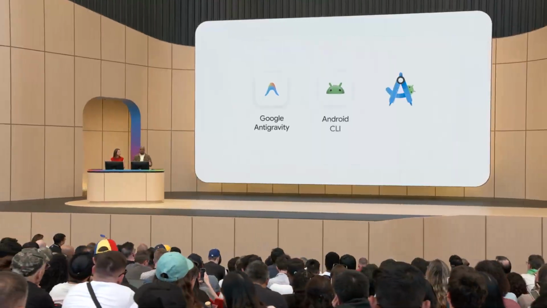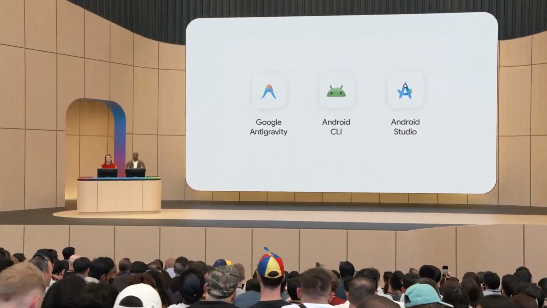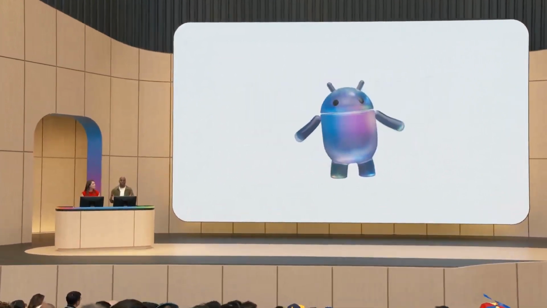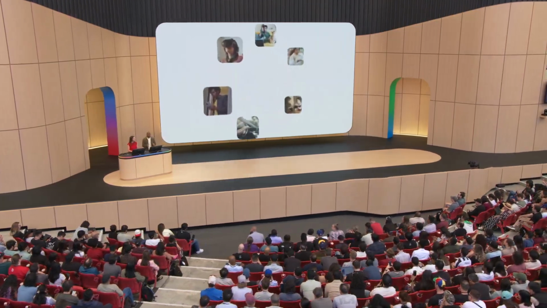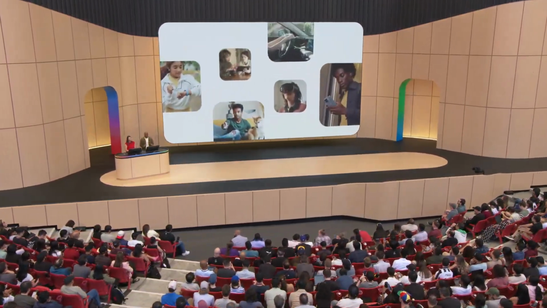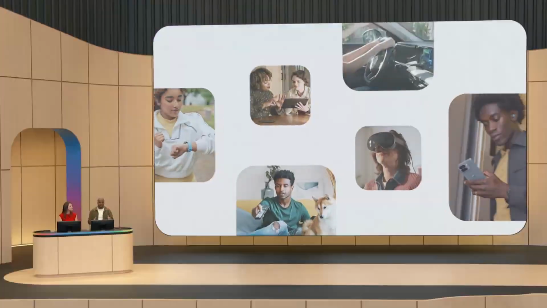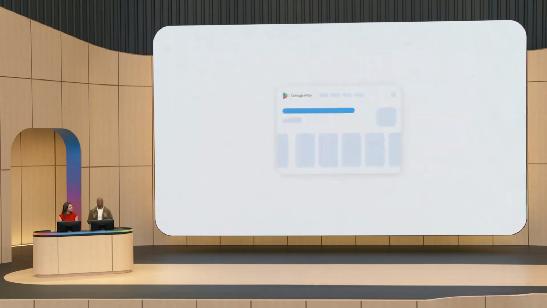By combining Antigravity and Android CLI with the pro capabilities and production-grade polish of Android Studio, we're unifying our most powerful tools for incredible productivity gains. No matter what form factor you're building for, you can bring your ideas to life easier than ever while maintaining Android best practices. Teams of all sizes and skill levels can build cutting-edge Kotlin apps and deploy them to Google